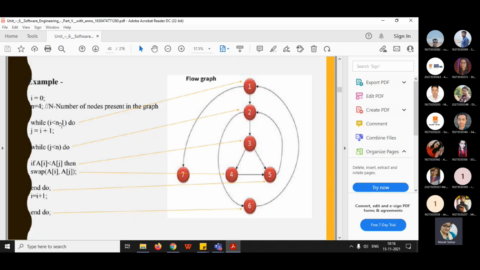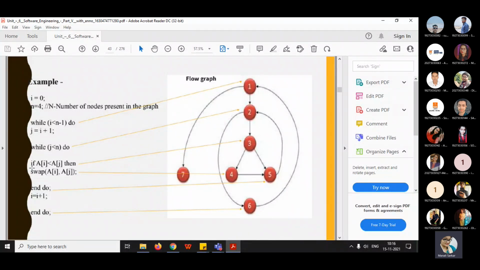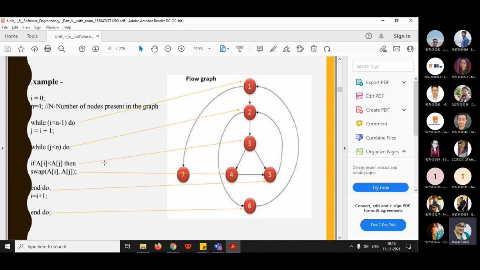So the first while loop we are putting in node number 1, and the second condition we are putting in node number 2. If condition 1 is true, only then is it allowed to enter the loop and execute statement number 2. Next, in the next line it is given if a[i] less than a[j]. That means here is another condition: if the a[i] value is less than a[j], then only the swapping of these numbers will be done. So another condition, and that's why we put it in node number 3.